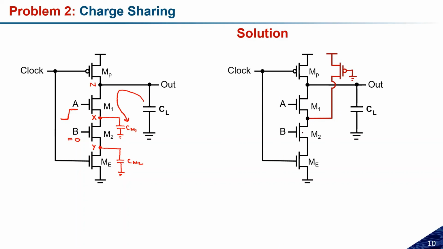If I had kept this dynamic node, whatever the node or whatever the resistance is discharging, that can be done. So that will become the first problem. We have already discussed that the first problem is the charge leakage problem. Okay, this is the charge sharing problem, because this CL capacitance is getting shared with this capacitance, so we can hold this one, so we can make it at some logic.